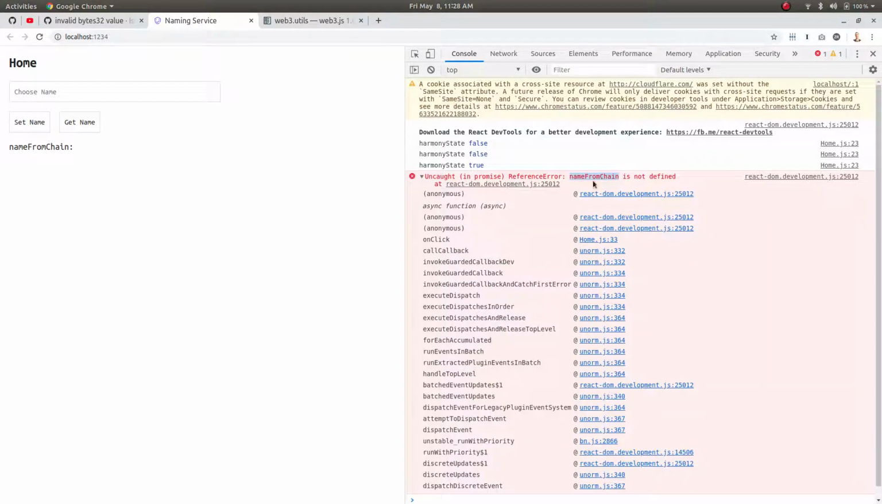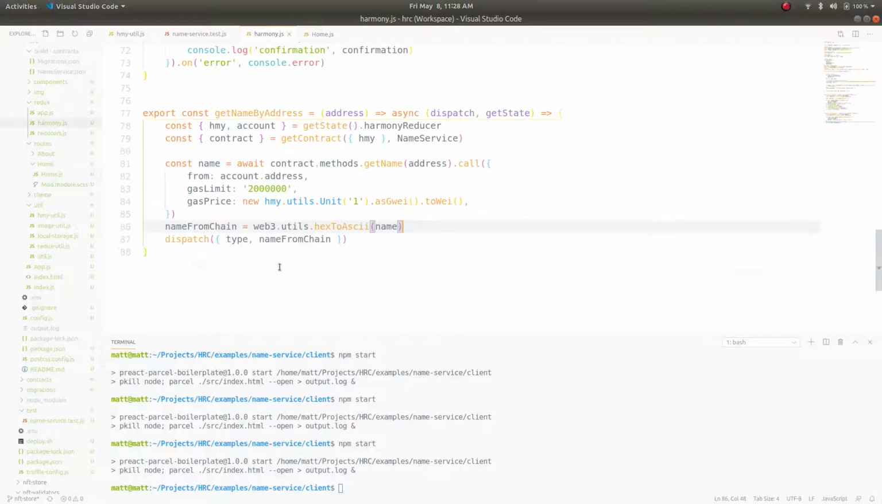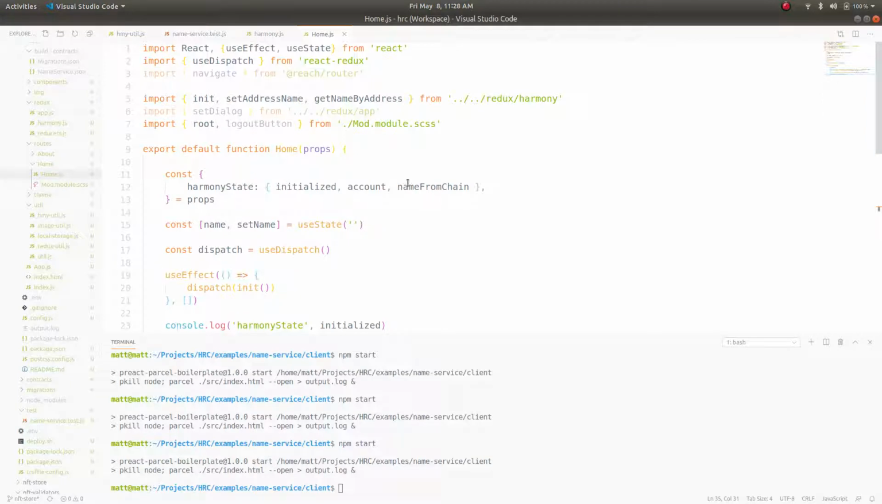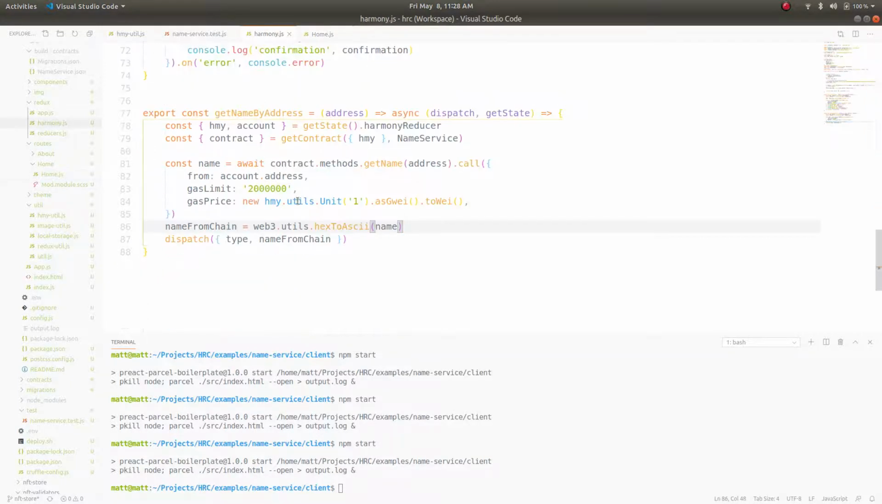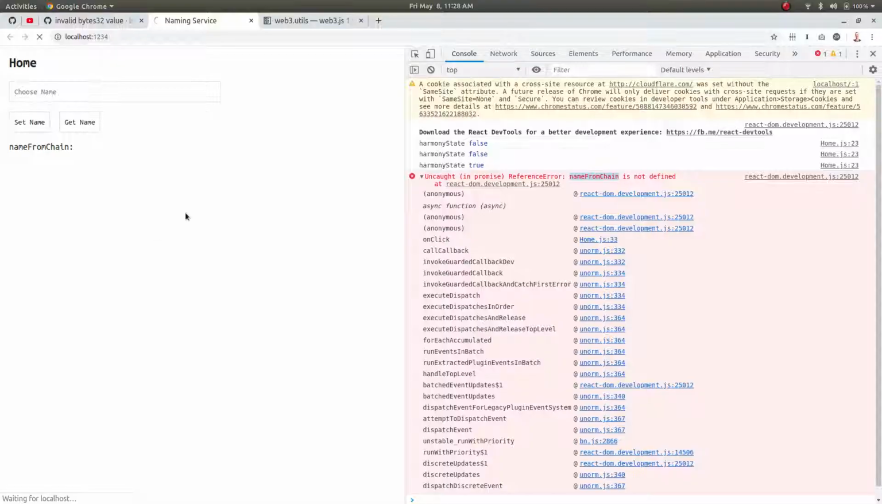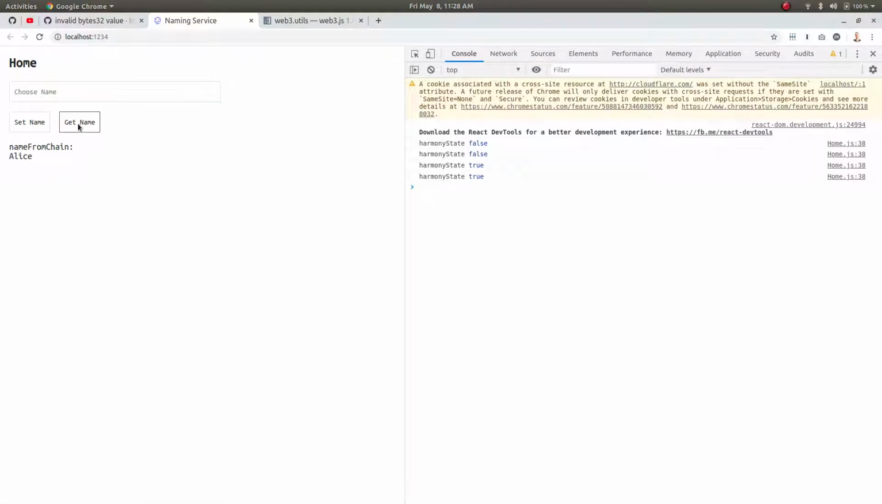Name from chain not defined. All right, hold on. And that's because we didn't declare it here. Oh, all that effort for trying to get rid of that, and it doesn't even show up anyways. Forget about that. So there's Alice's name, and then if we change our name to like Alice2, and we set name,